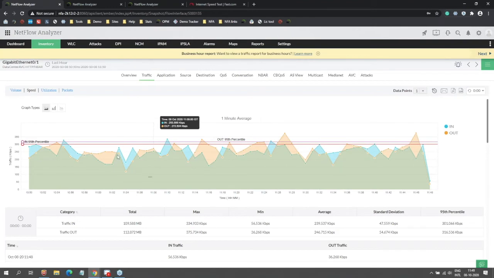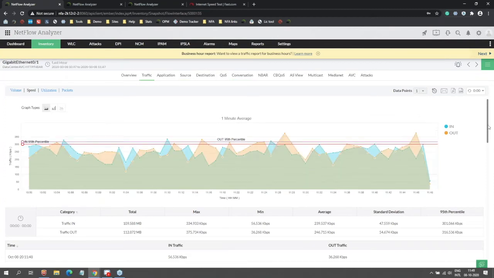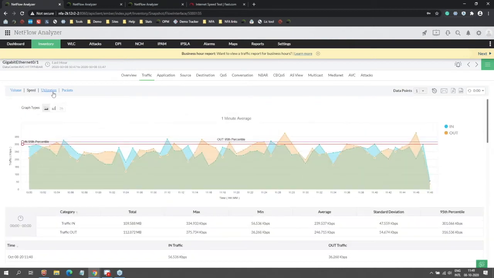And the best part is you can interact with the graph. If you want to see that particular dip alone, you can do that. The time frame will automatically change and will affect all the tabs. If you want to see a tab column of the information, it's available here. You can choose between volume, speed, and utilization. And if you want to take this graph and the tab column as a PDF or CSV, you have options for that. You can schedule this to run at a specific time, like daily, weekly, or monthly. Or you also have an option to email this as a report.